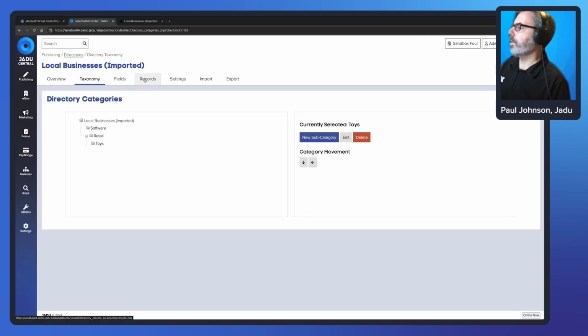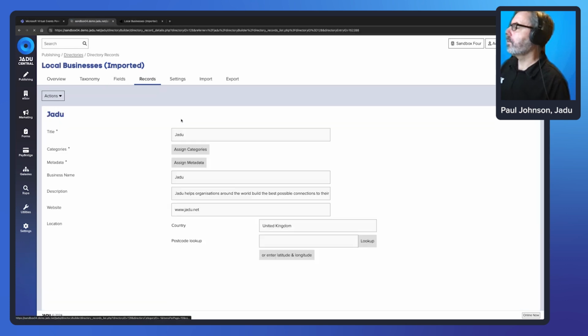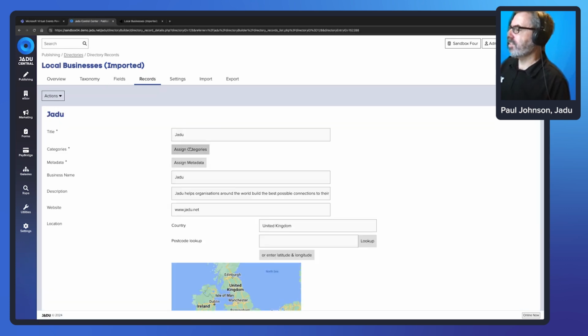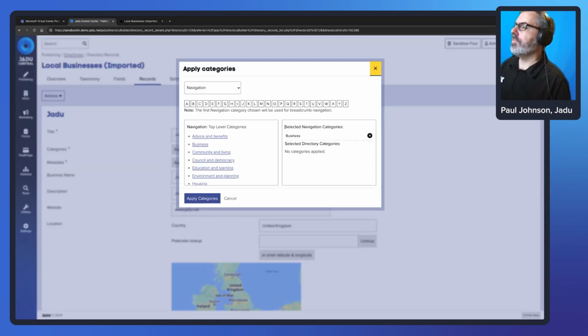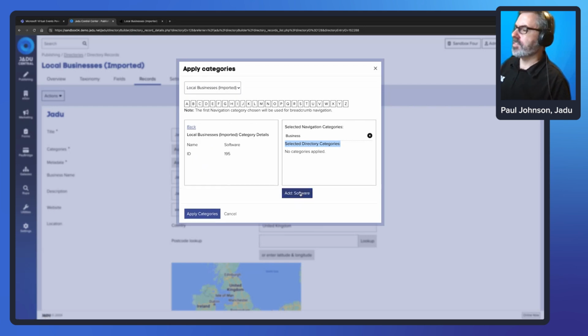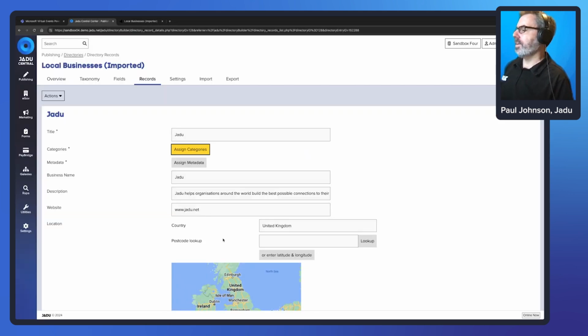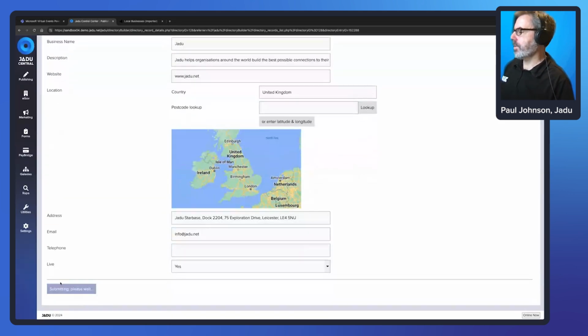So if I go to a record and I go back into assign categories, you'll see I've got a navigation category, but I also have this option to select a directory category. So in the top left, I can change from navigation to my local business category structure. And I can select and add categories in the same way that I do main categories in the platform. So if I then apply that and then save my record,